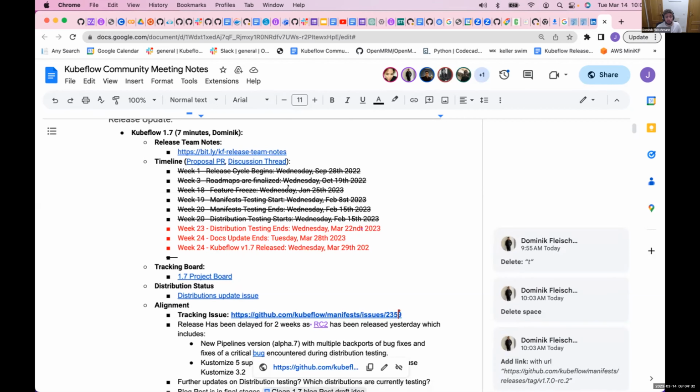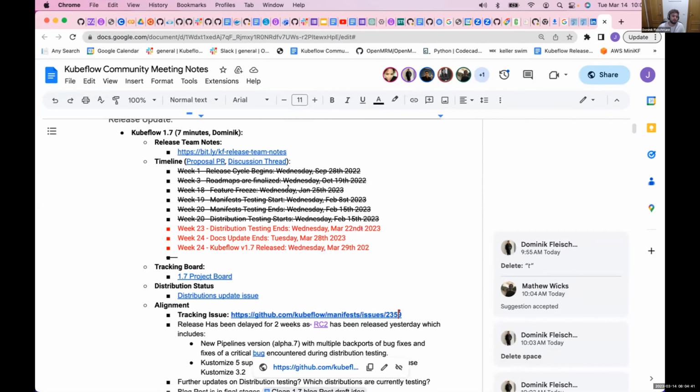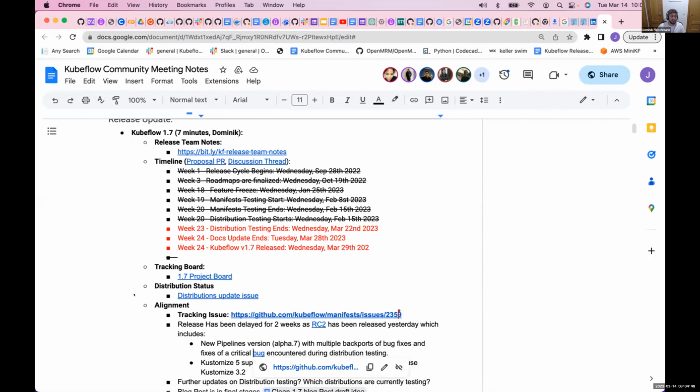Turns out last week we encountered some issues in pipelines, and some of the community members were pushing for a newer release of pipelines, considering that Alpha 6 was 5 months ago. So the pipelines working group has actually complied with that, which I really appreciate. So we have a new release specifically in between Beta 0 and Alpha 6, which is called Alpha 7. It includes a lot of backports of bug fixes, which weren't included in Alpha 6. So that is very good.